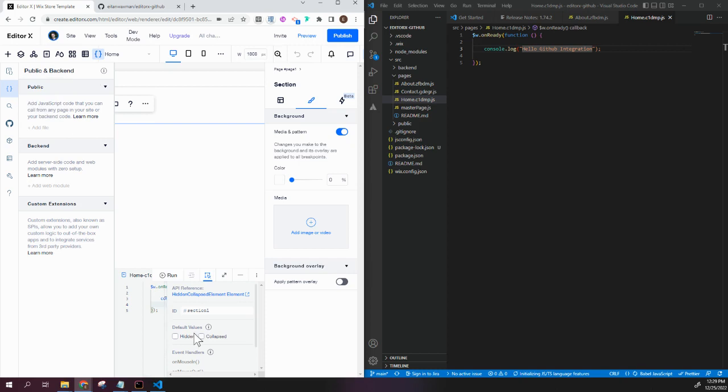And now remember that we can't really edit the code over here inside of our main editor anymore, but we have to edit the code here on our local editor, and that will update the code that we have here on the Wix website. So if I just close this panel,